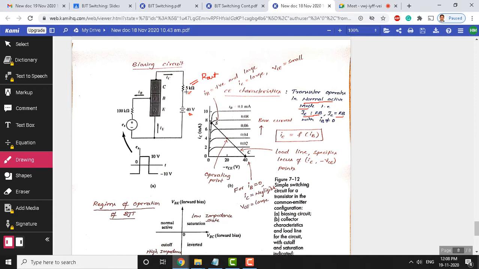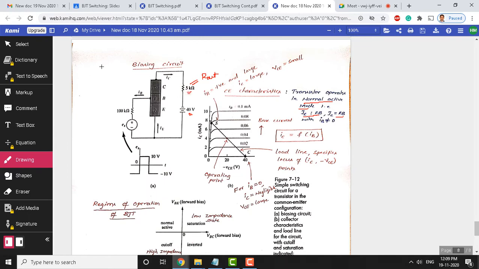In this case, we are taking 5 kilo ohm, assuming that all this resistance, the cumulative effect, is equivalent to 5 kilo ohm here. Now you can calculate the current flowing through this loop between the collector and emitter. The maximum current that can flow within this loop is 40 volts divided by 5 kilo ohm. That is the current here.